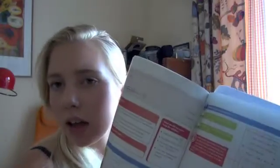Like, for example, here we have circular functions and trigonometry. So what it basically does, it shows you what you should be able to do. In biology and chemistry, it shows you what you have to know, like what kind of definitions or those things you have to know, and then it shows you what you should be able to do, like calculations and those things. And then it gives you